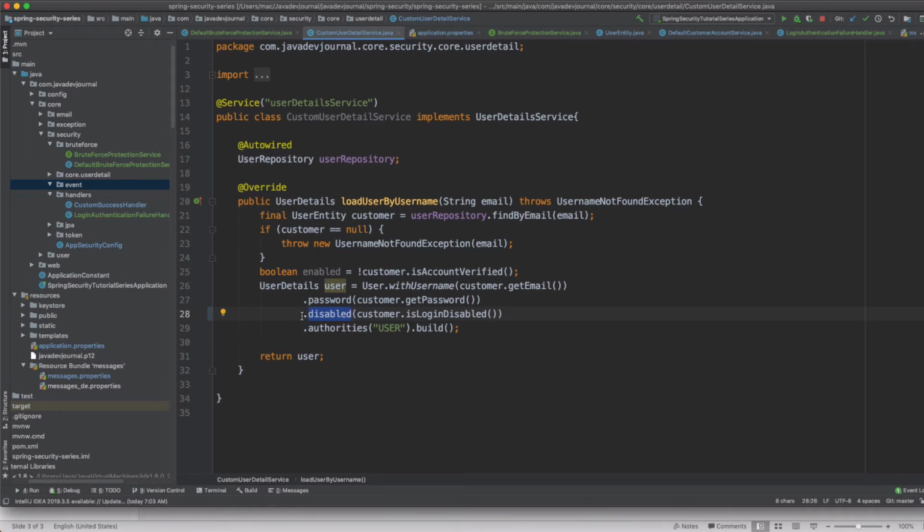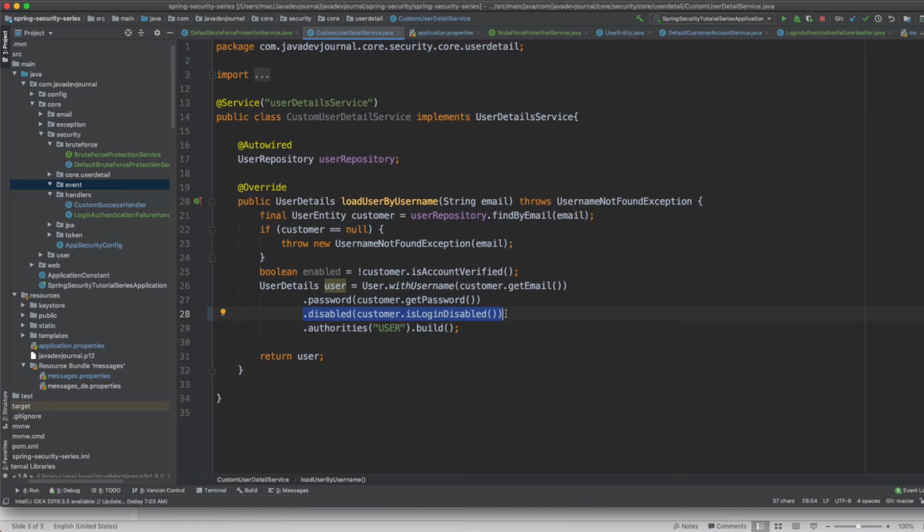Until your disabled flag is set to false, any subsequent request will be rejected by Spring Security, and this is good. Let's take an example. You tried three times, your account is locked. Now the fourth time you try with a correct username and password, but Spring Security will still not let you in because your account is locked. And that is good, because let's say after three login attempts your account is locked, and someone is trying again and this time they manage to get a correct username and password, but they won't be able to log in to the system.